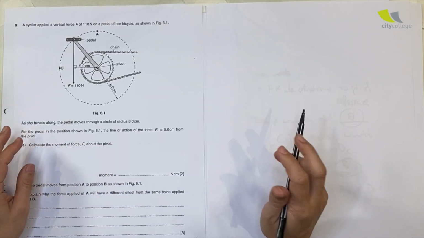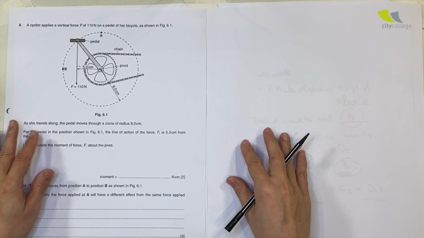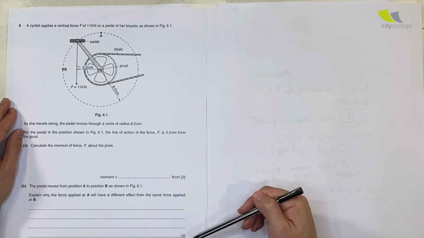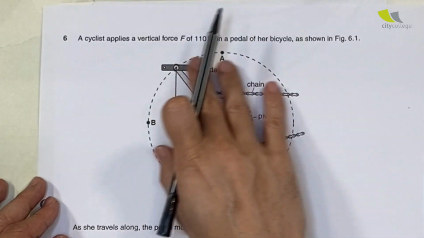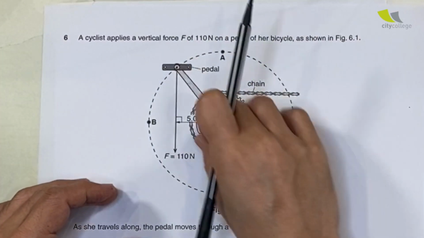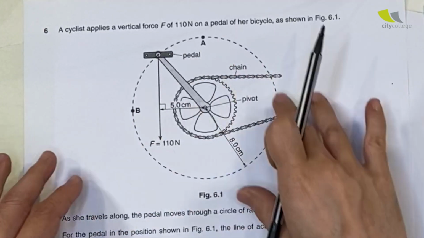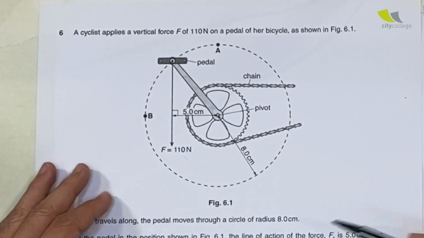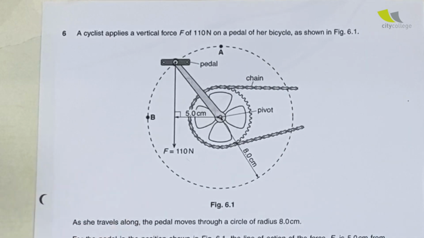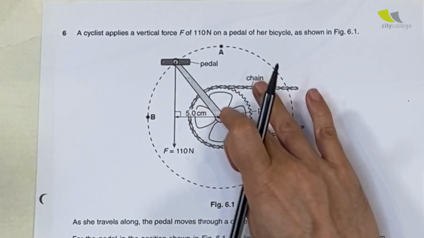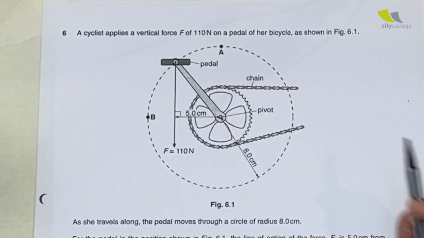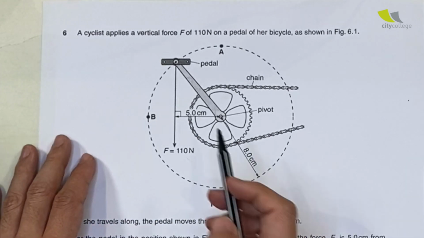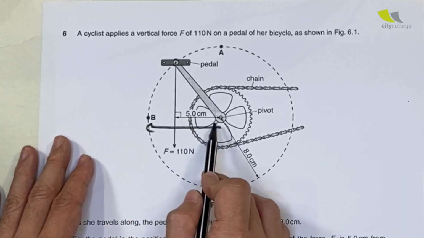Okay, this question is from the 2015 paper, 5 marks attributed to moments. So you have a bicycle pedal. Sometimes they like to put complicated things inside, but actually it's essentially the same. If you strip it down to just lines, it will be much easier to understand. So no need to look at the chain and all that, it doesn't matter. As it moves along, the pedal moves through a radius of 8.0 cm. So this distance is